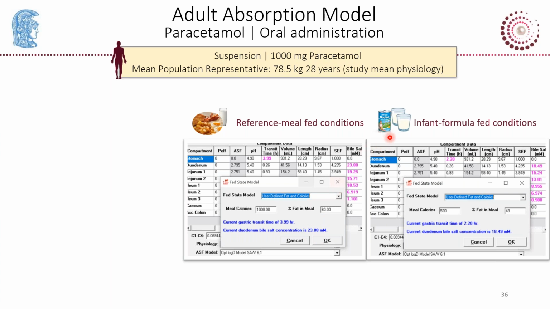And the same way of working was followed for the infant formula fed conditions, where we entered 520 kilocalories for the whole meal and 43% fat within the meal. Again, we had an adjustment of the gastric transit time and the bile salt concentrations.